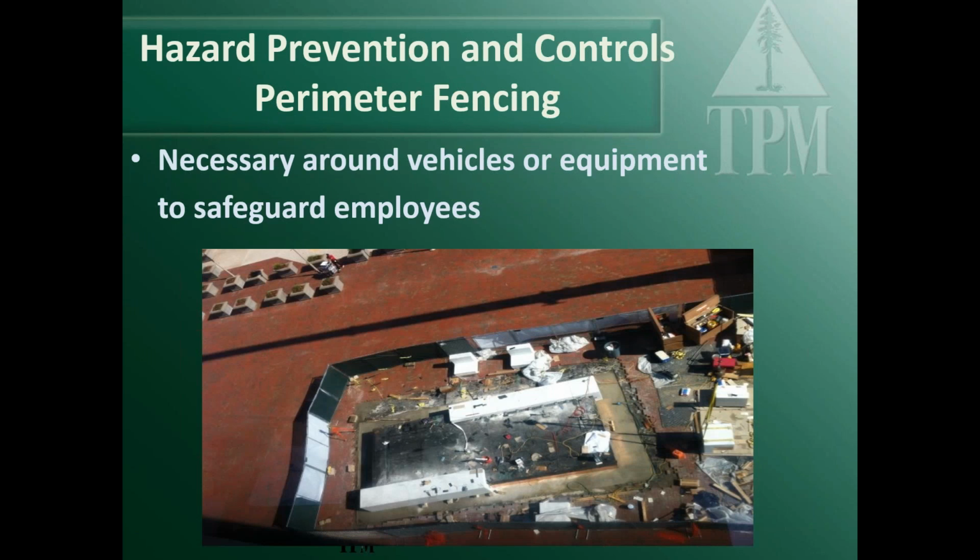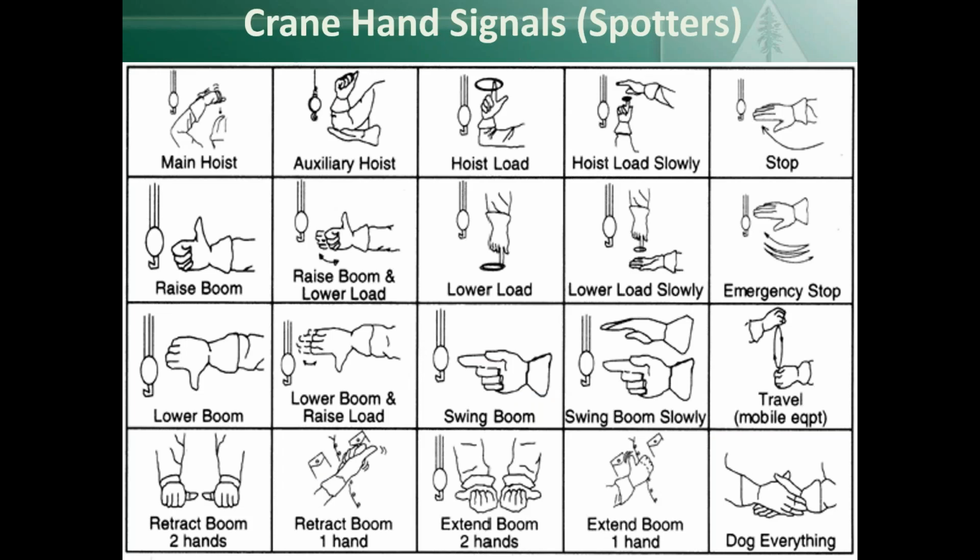If we can, when we're working with this heavy equipment, putting up a perimeter to control people walking into the work area would be ideal. It's not always possible or even plausible, and it's just a nice to have. It's not required. For cranes, I want to throw some hand signals in here. I don't know how many of us are dealing with these, so I'm not going to spend too much time on it. I just want it to be available if we do have people using cranes or hoists